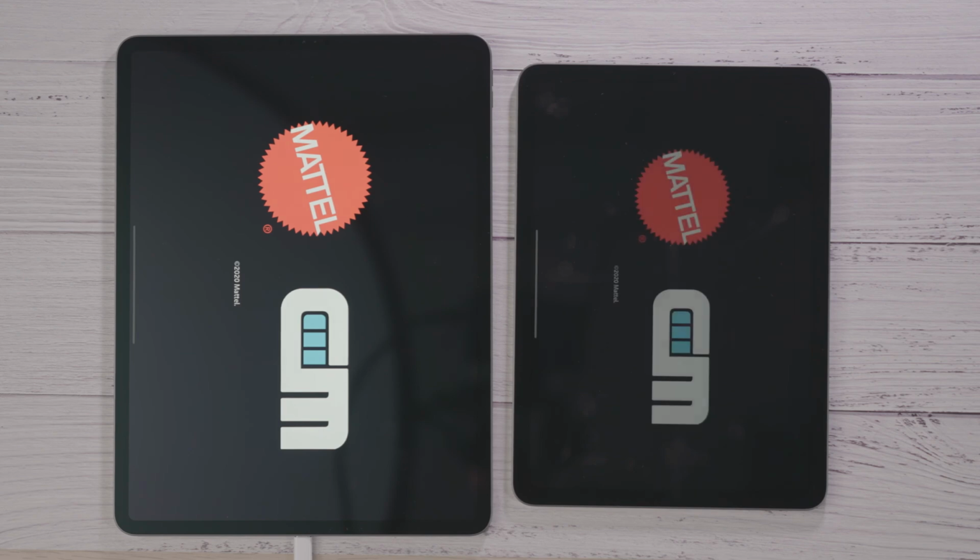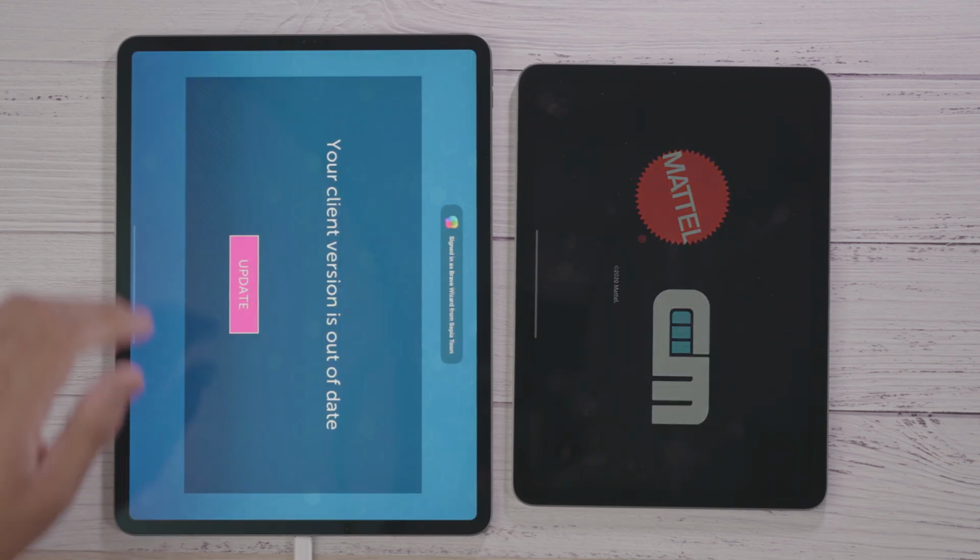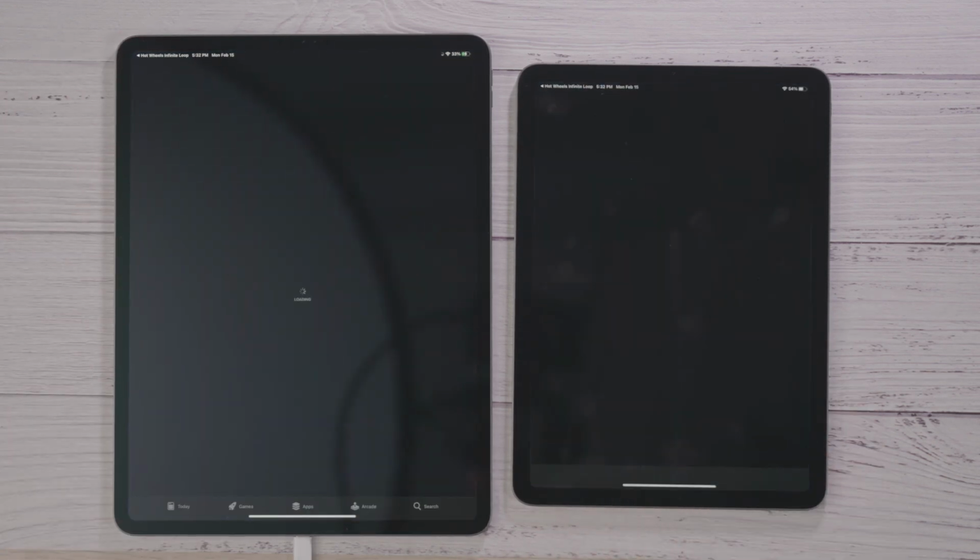The iPad Air seems like it's more on the high contrast side, where